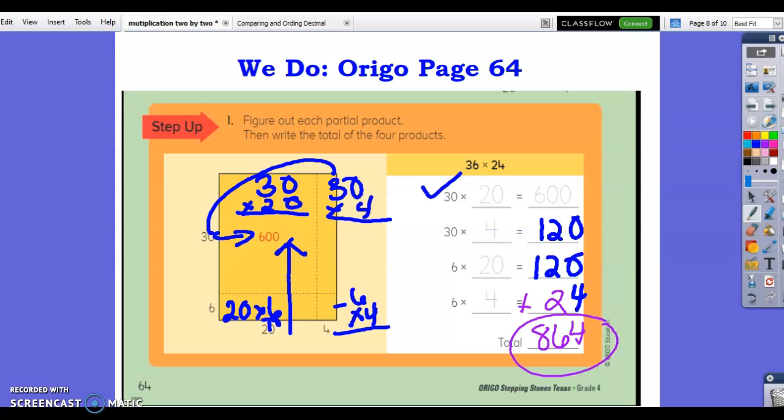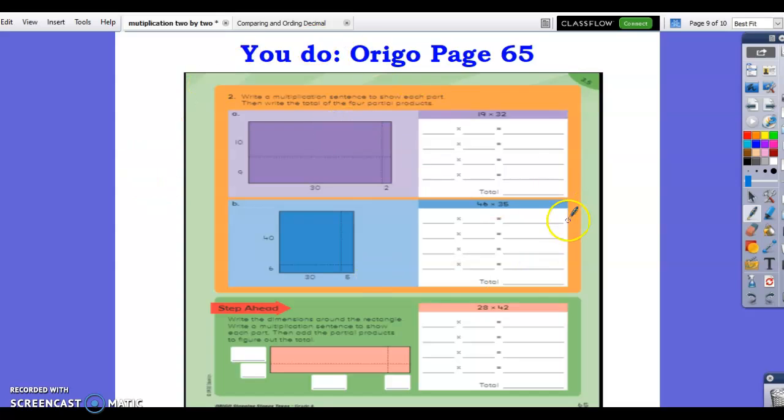Okay, so the last part that we are going to work today, and again, this is just the beginning of everything, and if I went too fast, remember we will slow it down. So here is your practice that you're doing independently, and this is all that we are going to be doing today, and it is number 2 and the step ahead for page 65. So you have 3 multiplication area models that you are going to have to work out and come up with your total product in the end. Again, that is on page 65 of your Orgo workbooks, and that is all we're going to be doing today